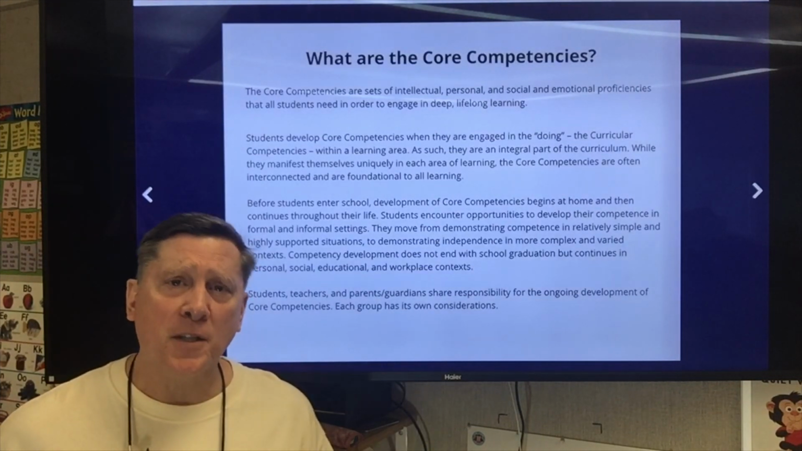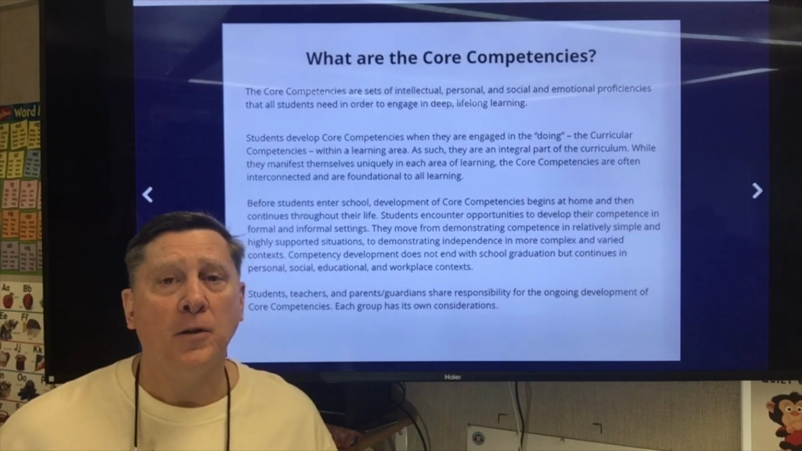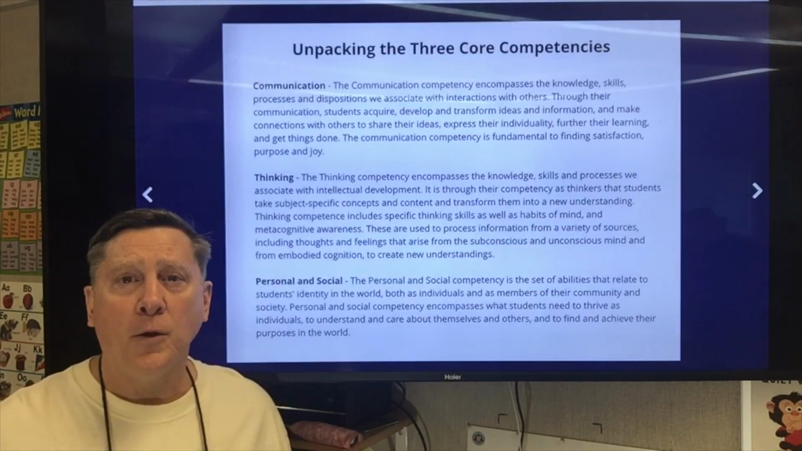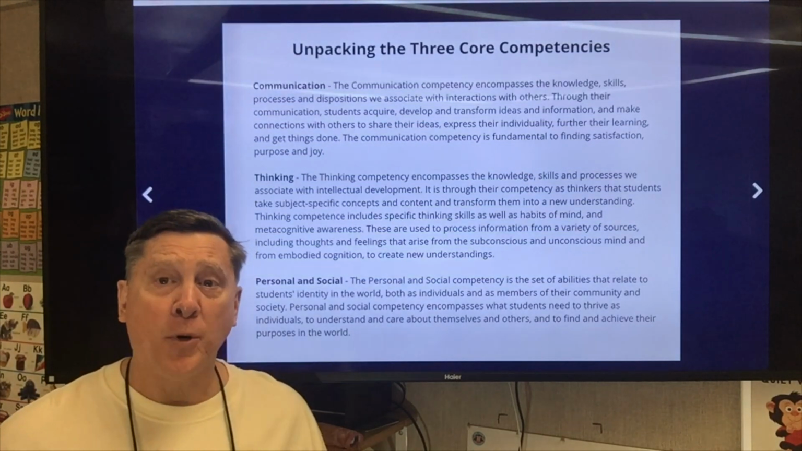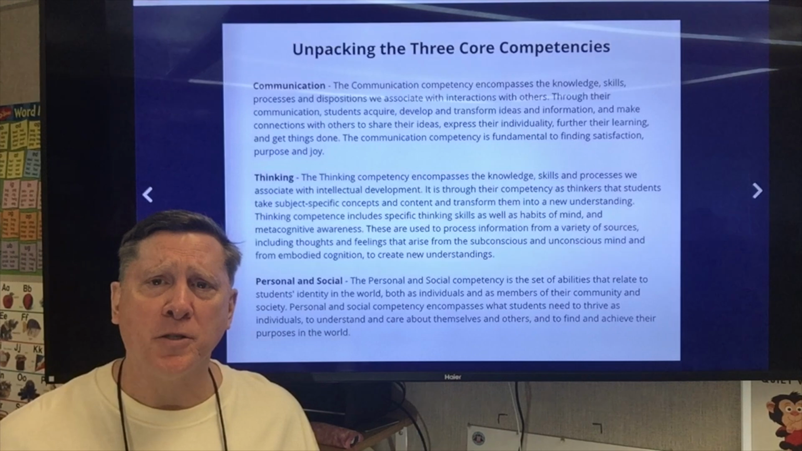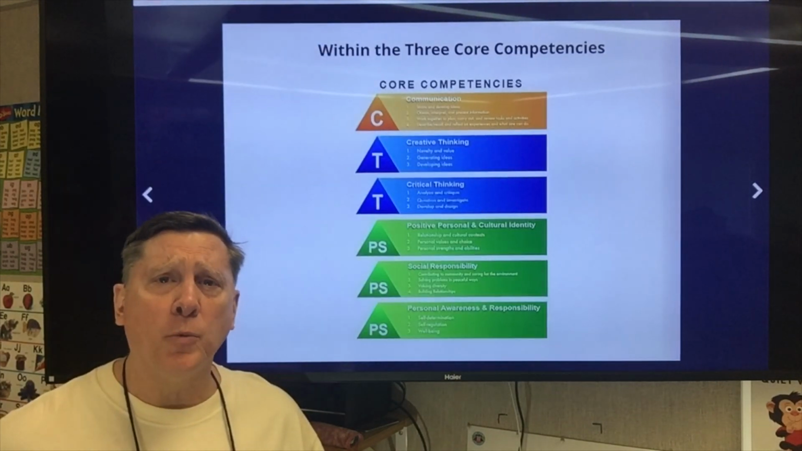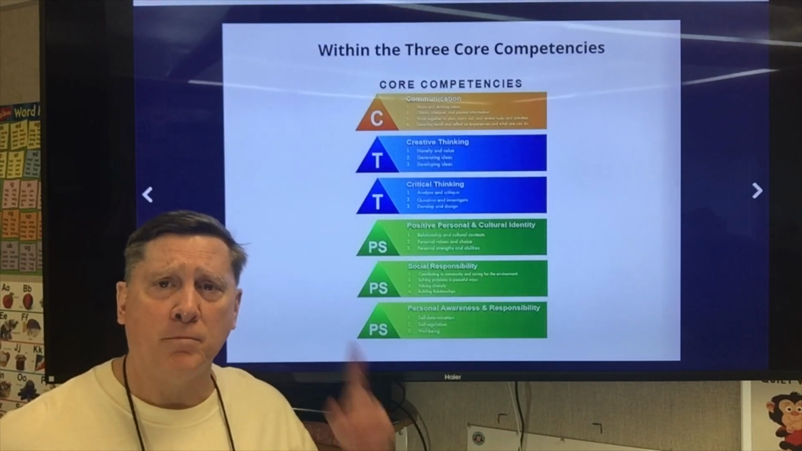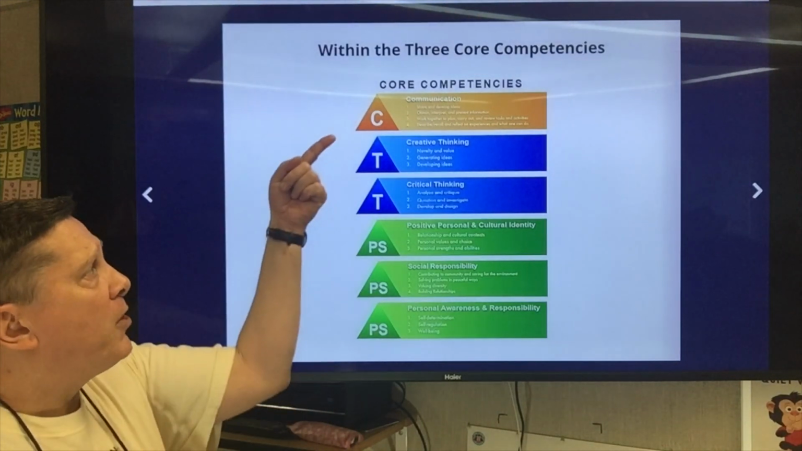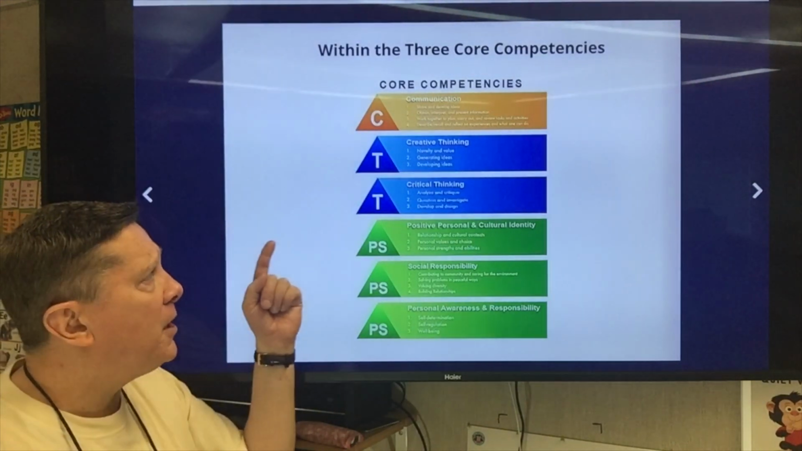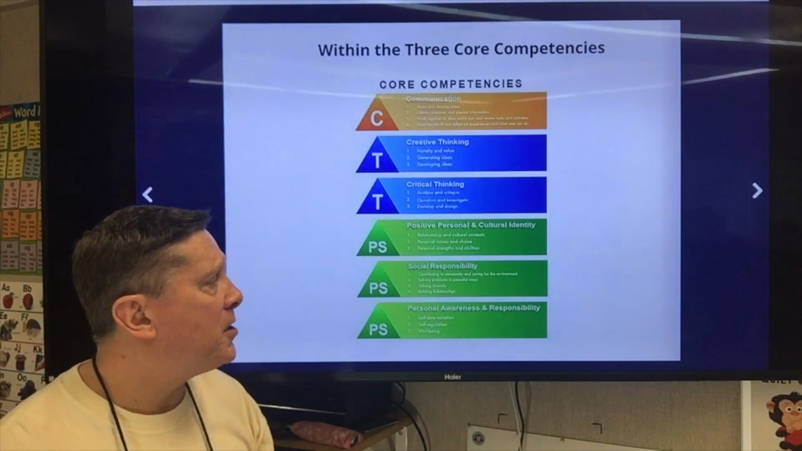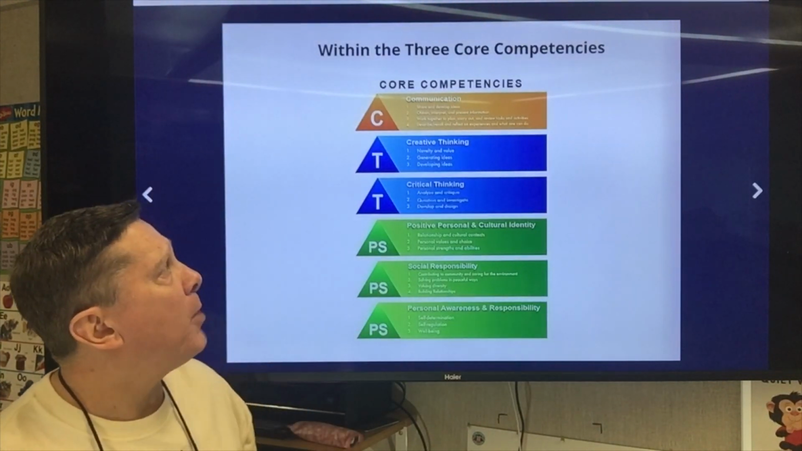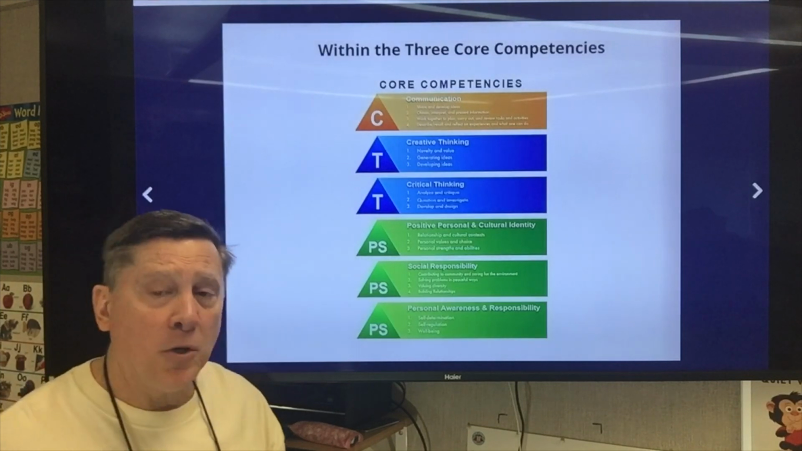Let's look at the 6 core competencies that we learn about in school. Those 6 core competencies consist of communication, thinking, and personal and social interactions. And we can split those 3 groupings into the 6 categories. Here they are here. We've got communication, creative thinking, critical thinking, positive personal and cultural identity, social responsibility, and personal